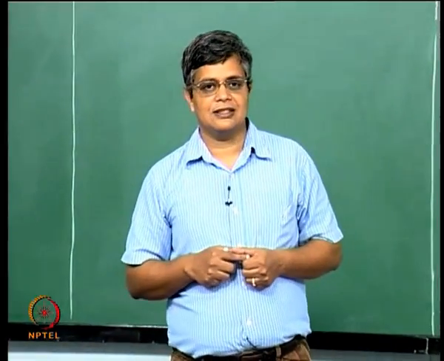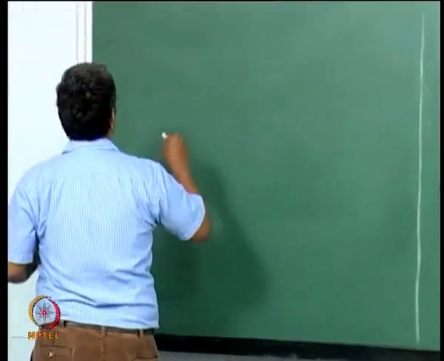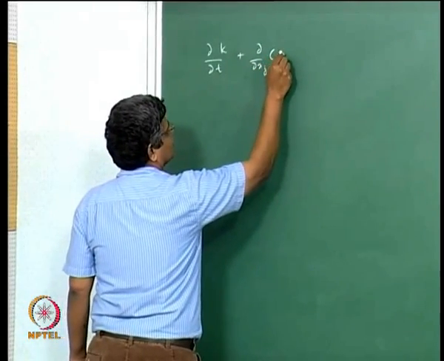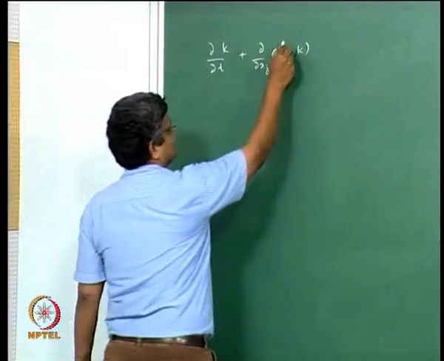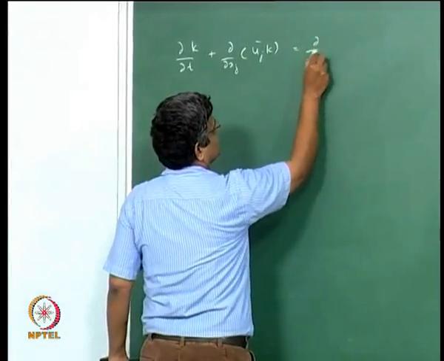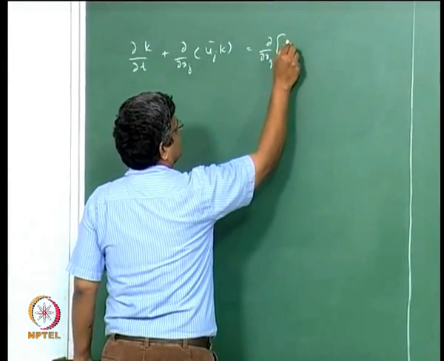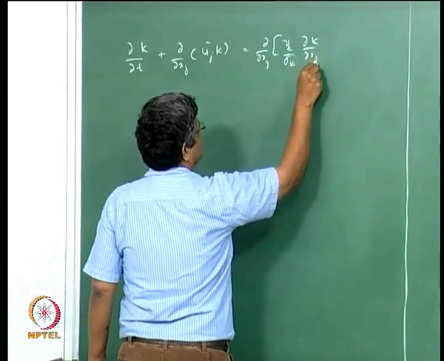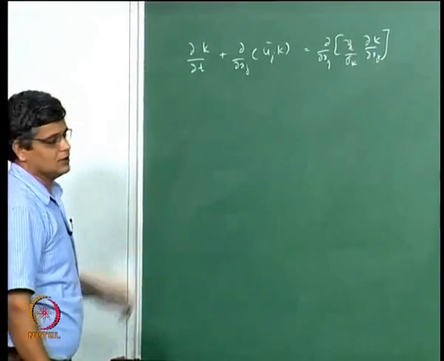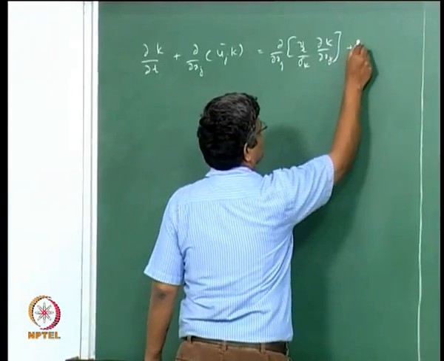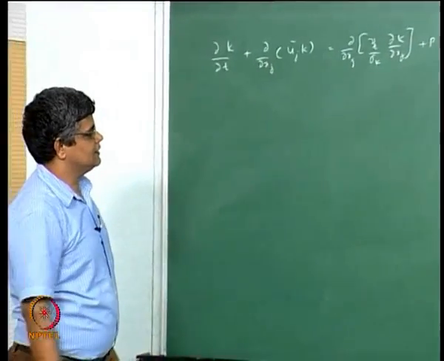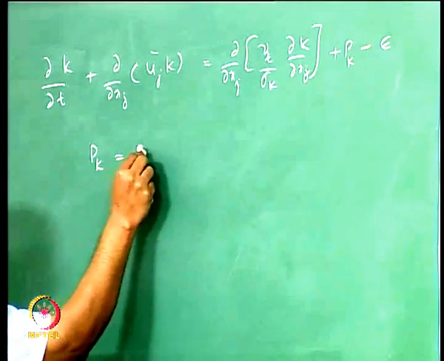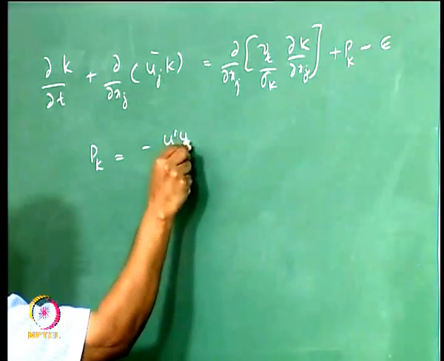So what we mean by near wall turbulence is that in our model we have written equations like dou k by dou t plus dou by dou x j of u j k, the mean, is equal to dou by dou x j of nu t by sigma k, dou k by dou x j, representing the turbulent diffusivity of kinetic energy, plus a production term and a rate of dissipation term, this is the epsilon, and P k here is the production term which is minus u i prime u j prime bar